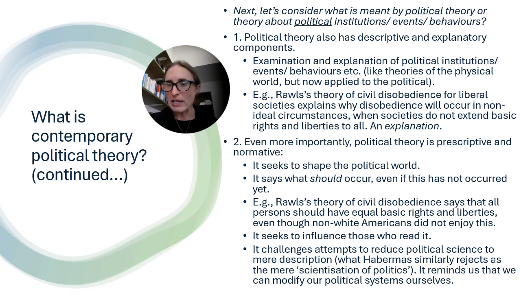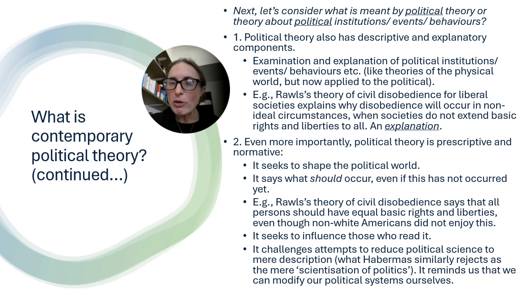We can see disobedience occurring, and in the time in which John Rawls was writing, not just in the forms of civil disobedience that were occurring in protesting civil rights, in trying to secure civil rights for non-white Americans, but also in the riots that were taking place in response to police brutality. The Watts riots, for example, and other riots that were occurring. So disobedience, here we have an explanation. Disobedience is to be expected in non-ideal circumstances where justice doesn't obtain.